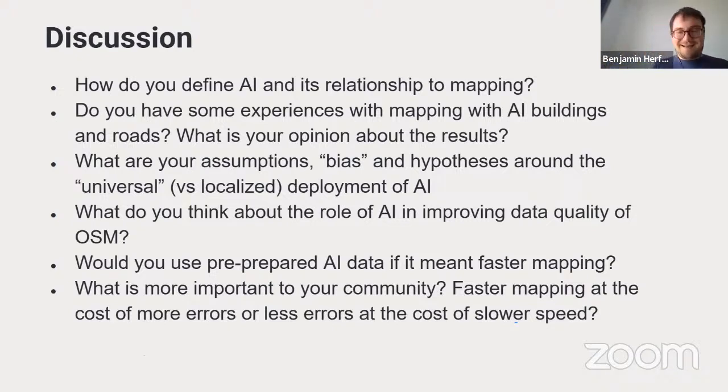I think Milan's analysis exactly points in that direction. I would say, from how OSM has evolved over the past years, initially we had some big companies experimenting with workflows that use AI assisted mapping.